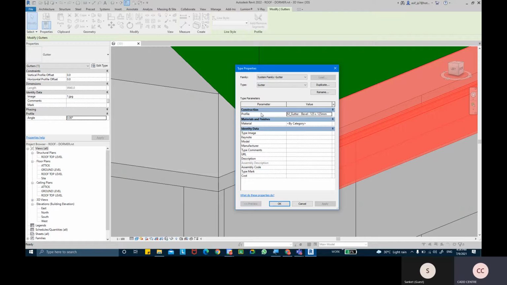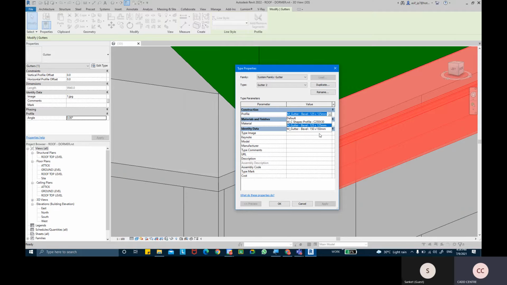In the edit type, you have this option of profile. But before I change the profile, I'll duplicate the type properties. You can name this gutter 2 or something else.